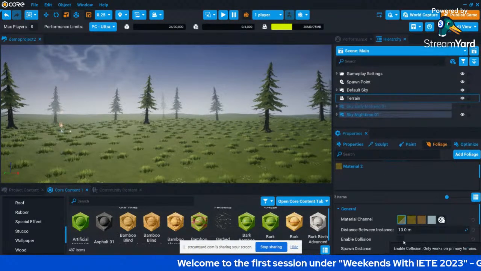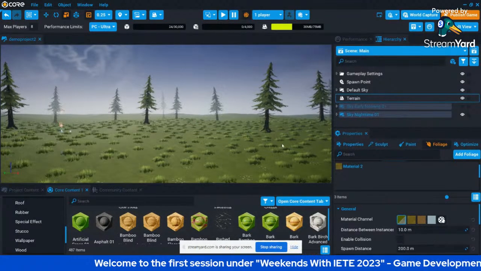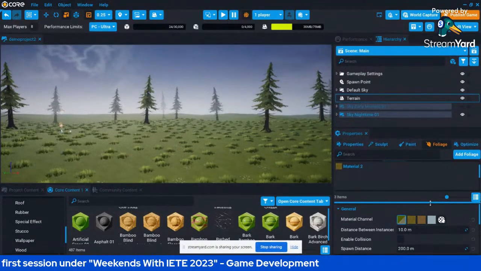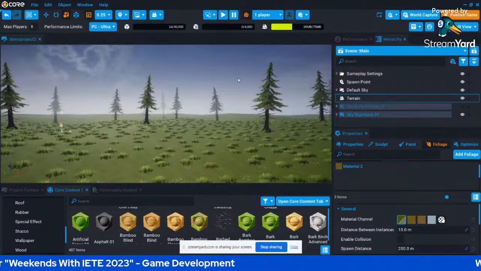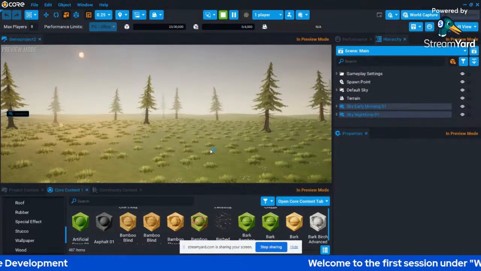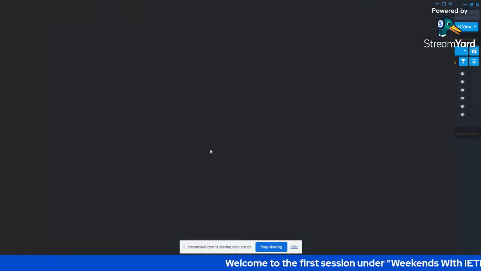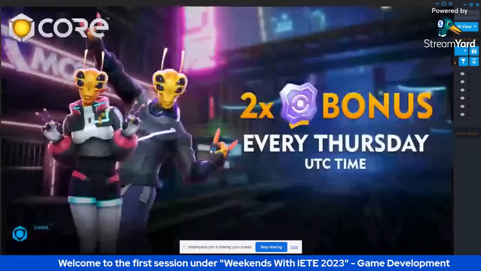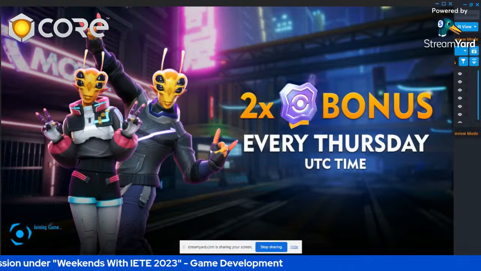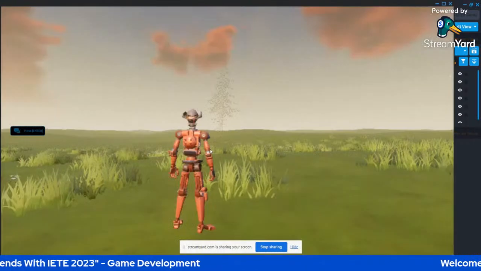Now if I enable the collision, my player will definitely collide with each and every object. I don't want it, so it's better to keep it off. Now in a very short span of time, we have developed a wonderful terrain, a wonderful landscape for our game without any code, just using your imagination and the tools provided.